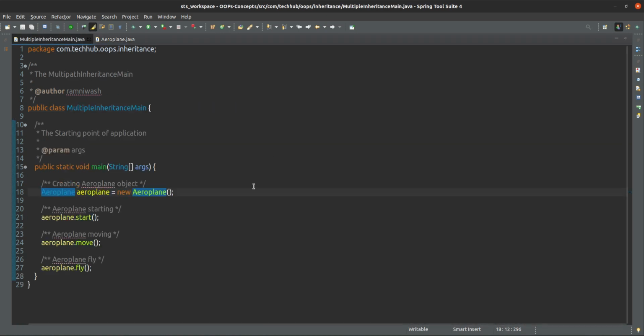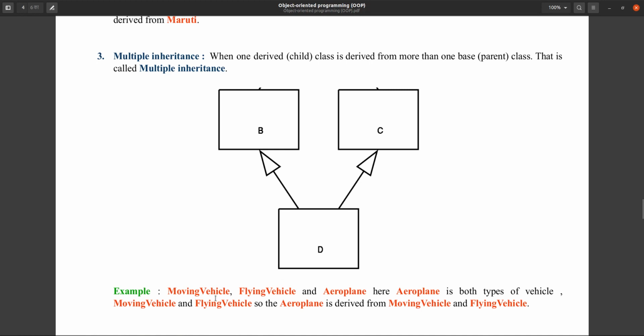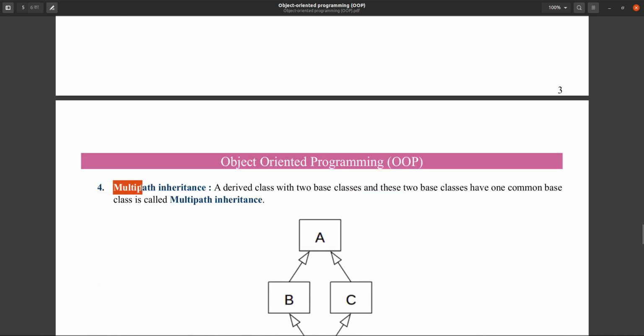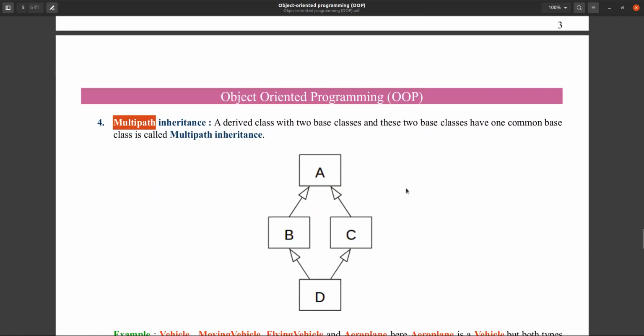So this is the example of multiple inheritance, because aeroplane is inheriting the features of flying vehicle and moving vehicle. Okay, so the next is multipath inheritance. What is multipath inheritance?